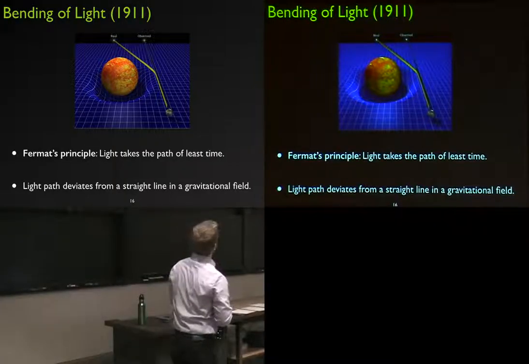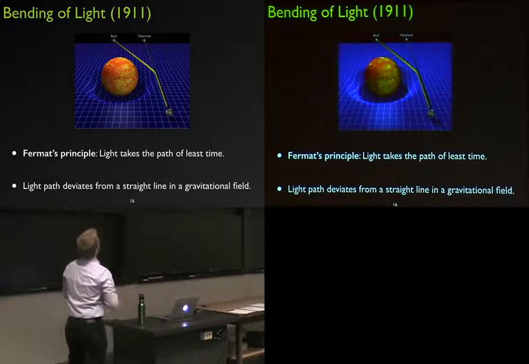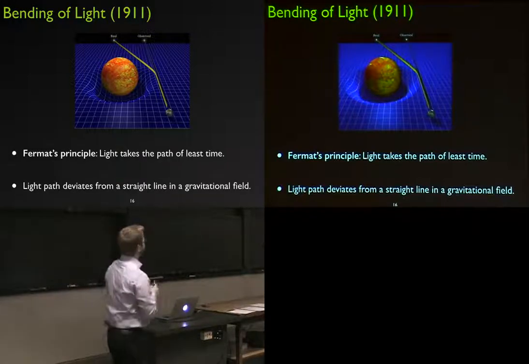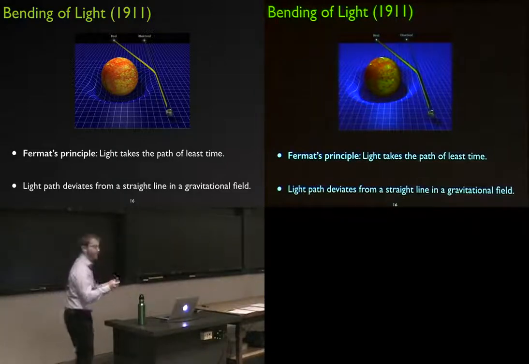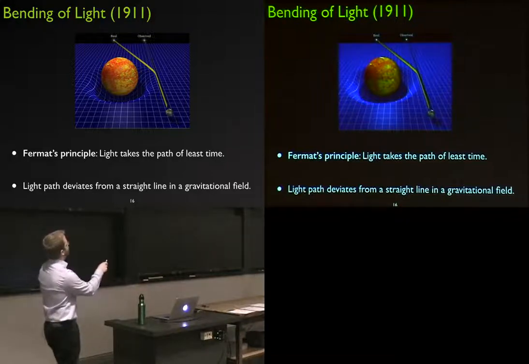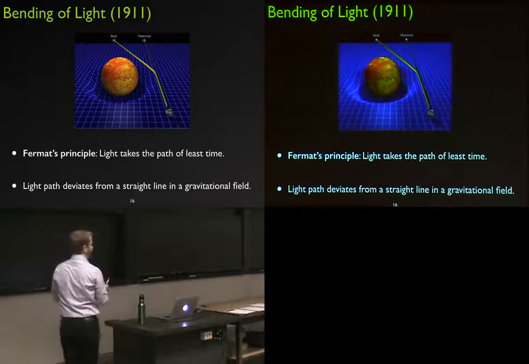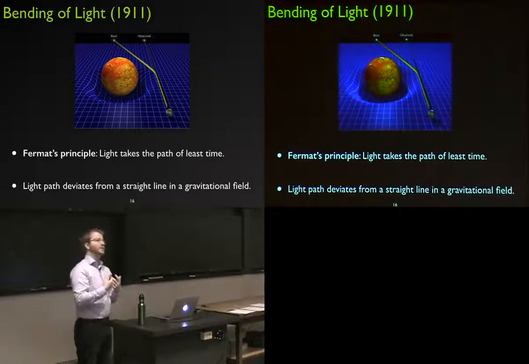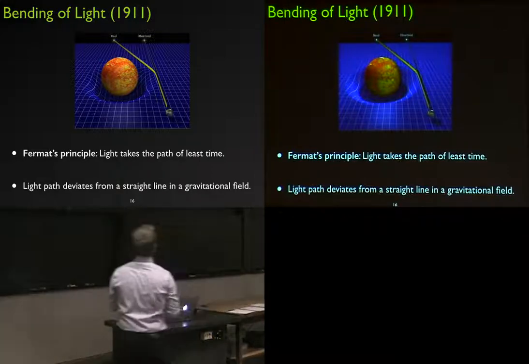on light, and specifically how the presence of something very massive can deflect the straight path of light. So Fermat's principle is just a statement that light will always take the path of least time. The shortest path between 2 points is always a straight line, so people always thought light travels in a straight line. But when you start having time dilation, due to gravity, then the path of shortest time of travel is not necessarily a straight line anymore. And so those two concepts together is what gives you this idea that light probably bends around massive objects as it's traveling to take that path of least time.